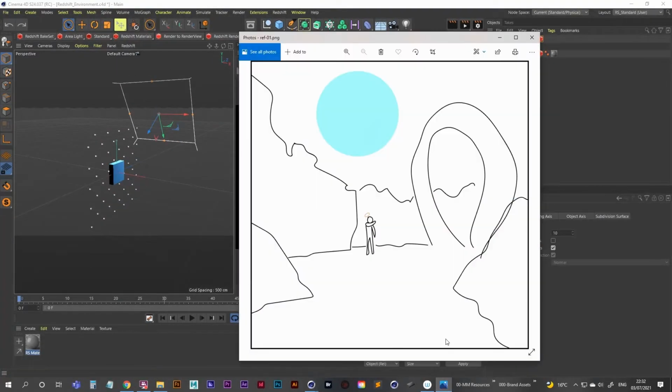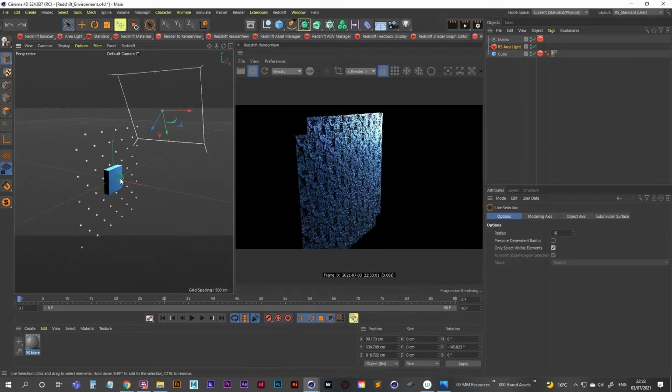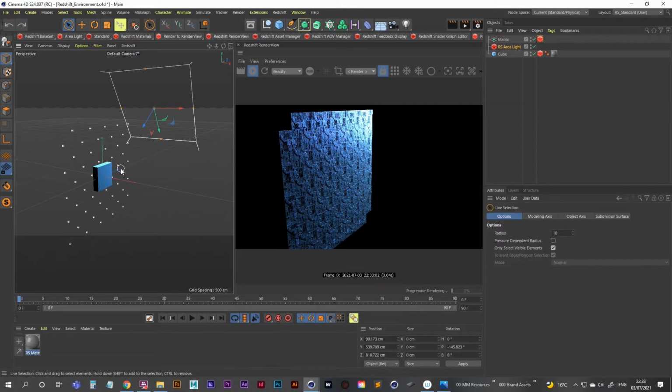Remember, this is what we're going for. This is the wall we're going for, this wall here. So what we can do to make this look a bit more random is use a random effector. If we go up again to the fancy button, and we can hold down,